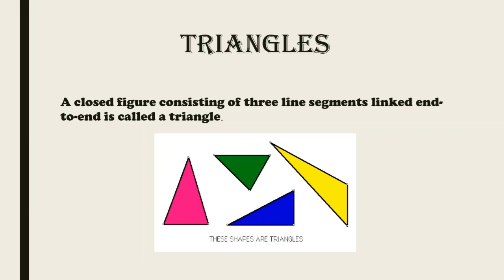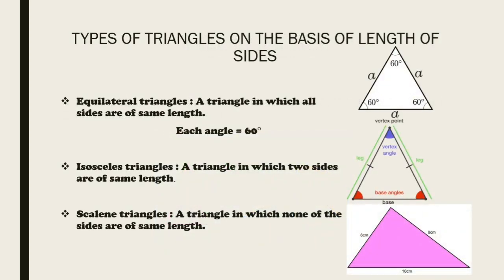A triangle is defined as a closed figure consisting of 3 line segments linked end to end. So you can see here the various shapes of triangles given in different colors. Based on these shapes, triangles are classified. Here, on the basis of length of sides, the triangles are classified as